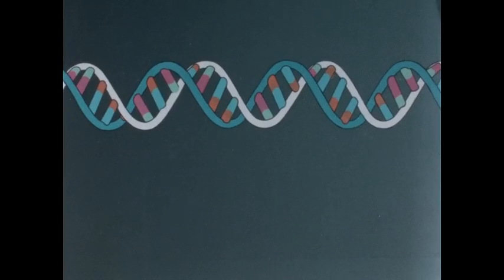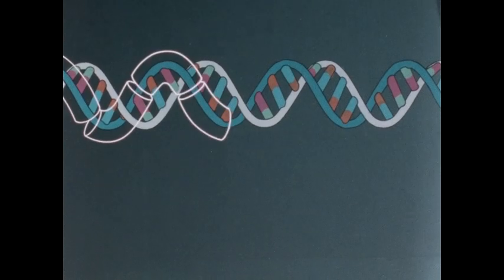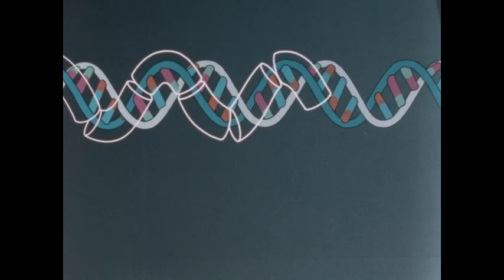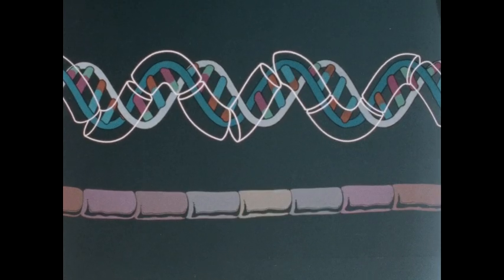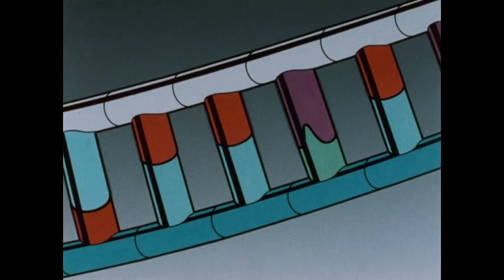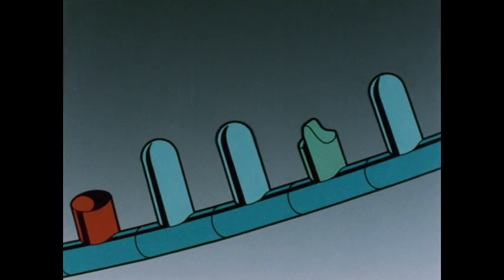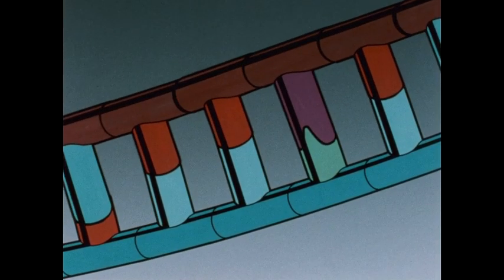The instructions for a particular protein are written out in a sequence of DNA code words, or codons. Each codon stands for an amino acid, one of the building blocks in the protein to be assembled. To begin the process of making a protein, the DNA molecule opens, allowing its information to be copied using another kind of molecular code letters, RNA. This messenger RNA carrying the codon sequence for the protein